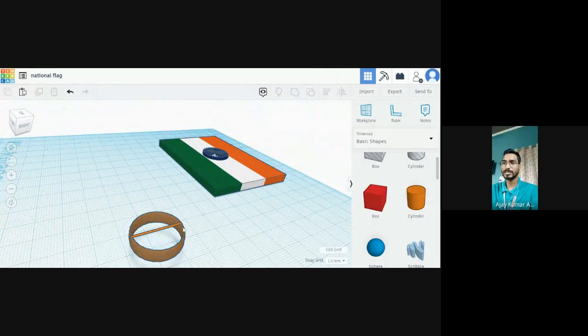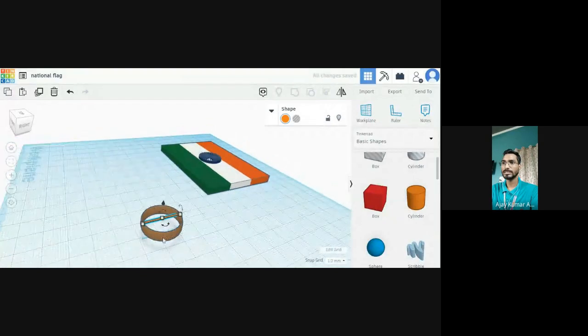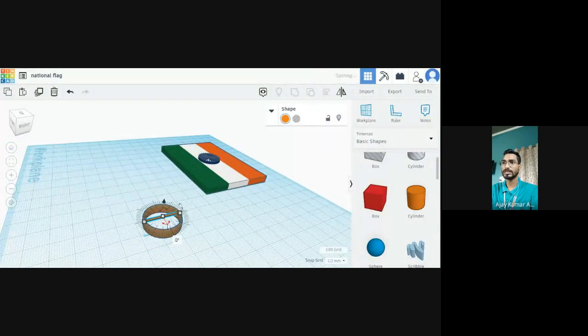So for multiple spokes, the procedure is to select the spoke. You have to simply select it and go to copy, Control D, the duplicate command. Click on the duplicate command, come again with the stick to the stick, and type in these arrows.